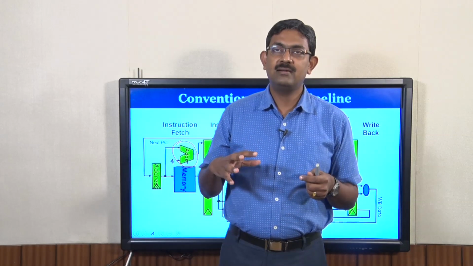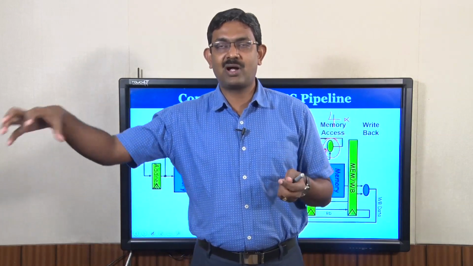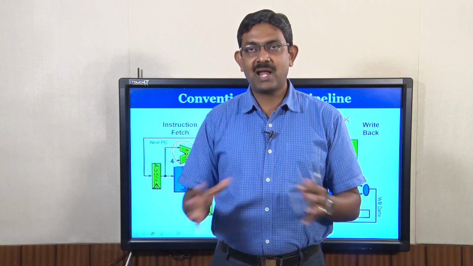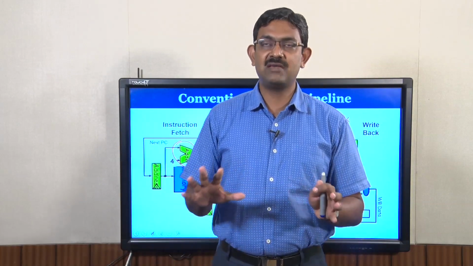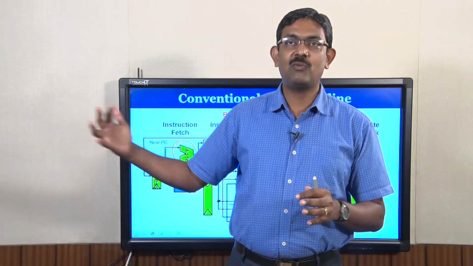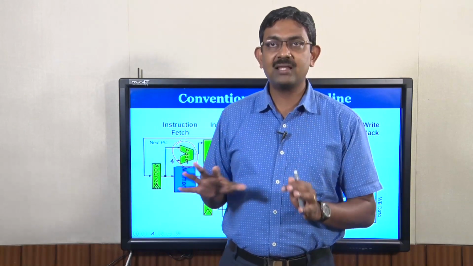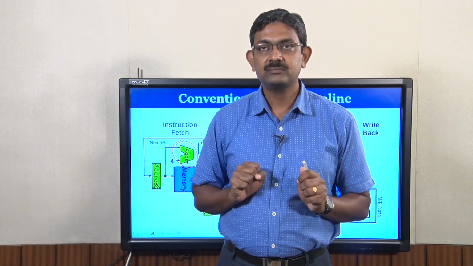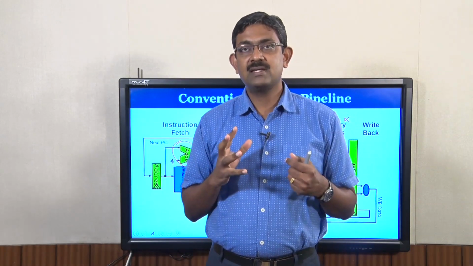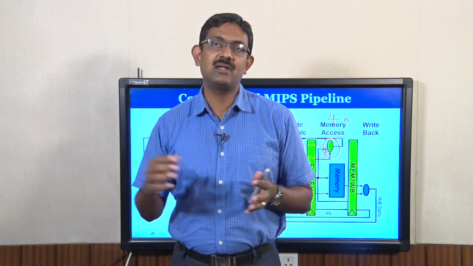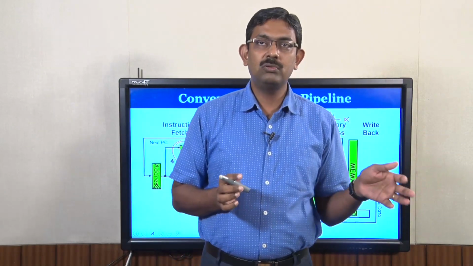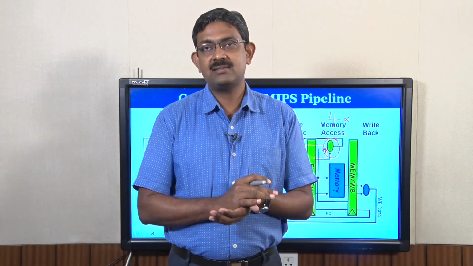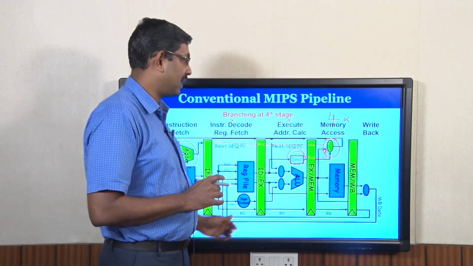Let us assume that the branch never happened. Even though you come to know that only at the fourth stage, the MEM stage, that the branch is not happening, we are in a safe state. Even without knowing that, we have brought 3 instructions, but they are the instructions that are to be brought. So, there is nothing wrong in what we have brought. Why is it happening? Because the decision of a branch is very late in the pipeline. Can I know the outcome of a branch a little earlier in the pipeline?